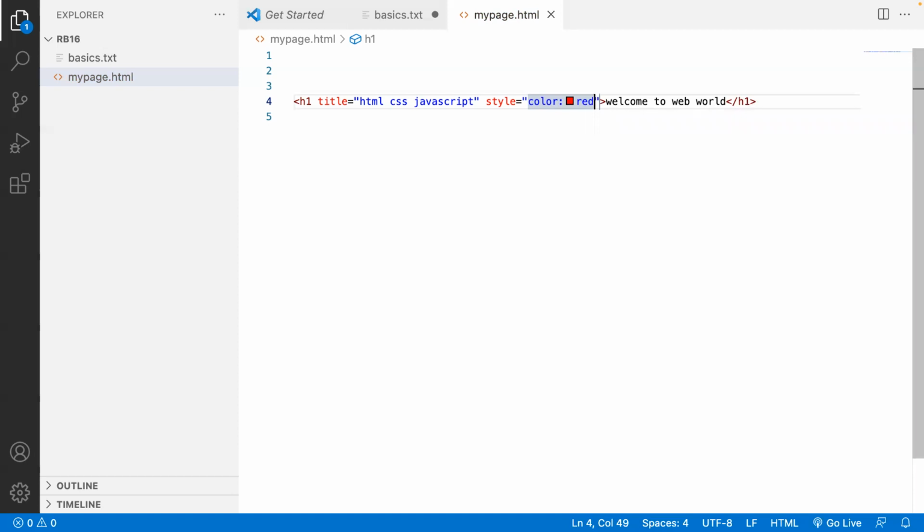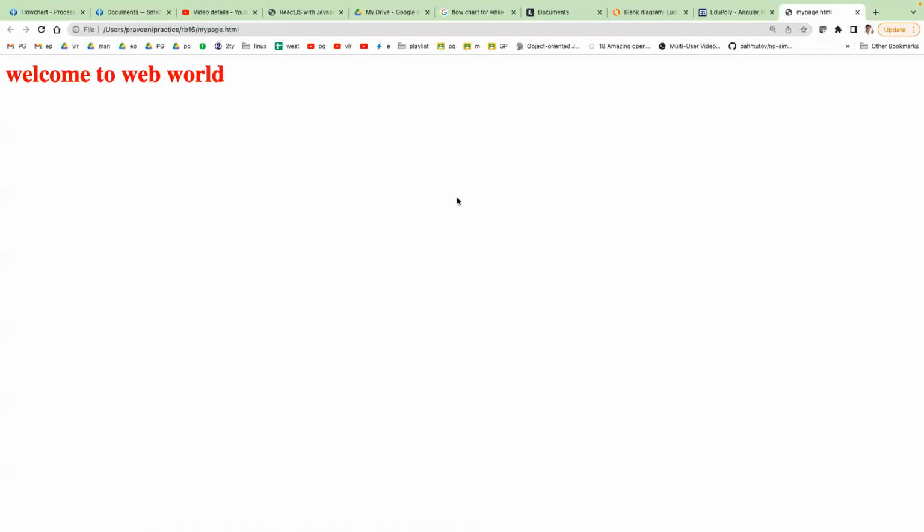Now if I save this and see the output, the color changes. The color of the bottle is white, transparent actually. So if I make color colon red, the bottle becomes red. Will it become red once? So if you write color colon red, that bottle becomes red. Okay, very good answer. In HTML it happens, not in real time.